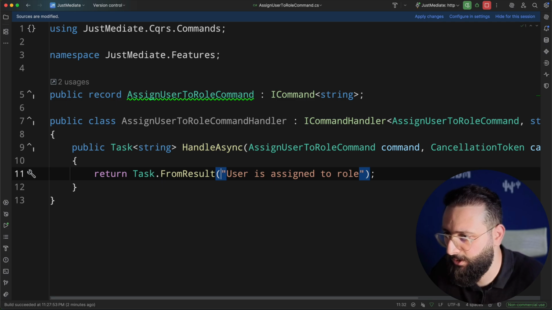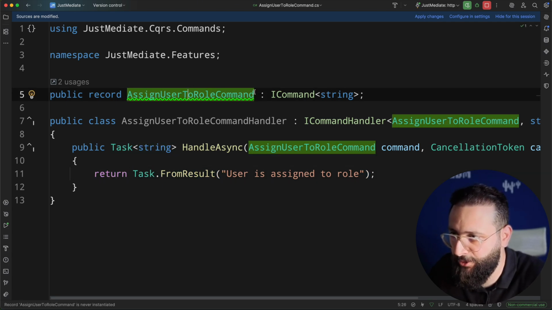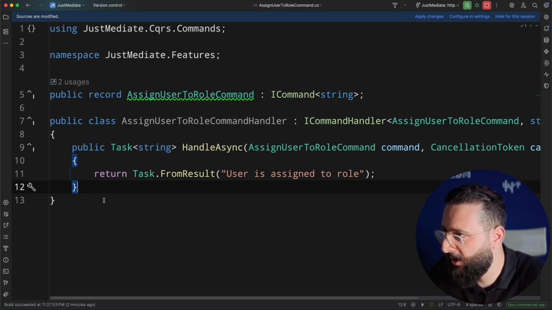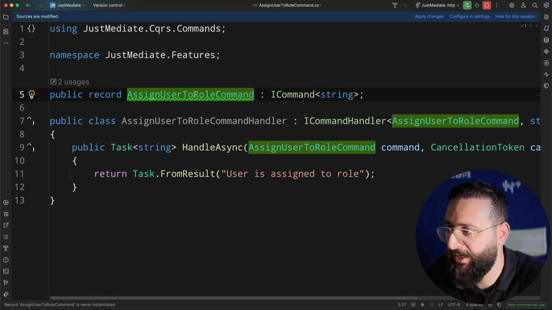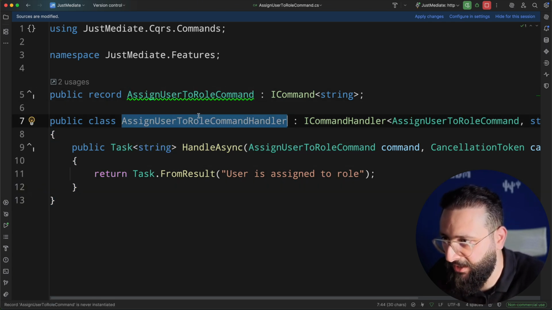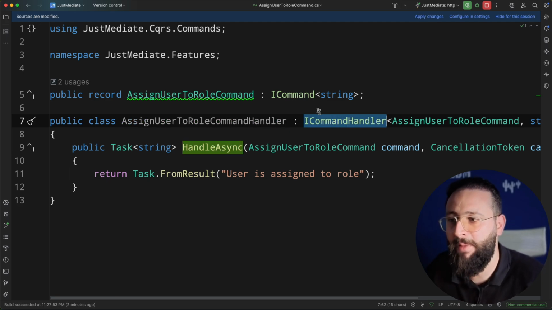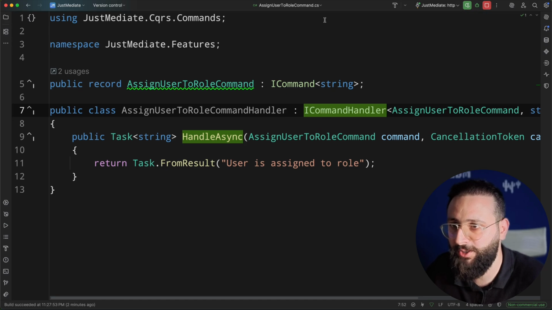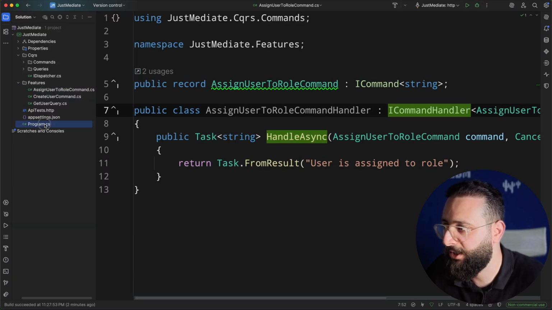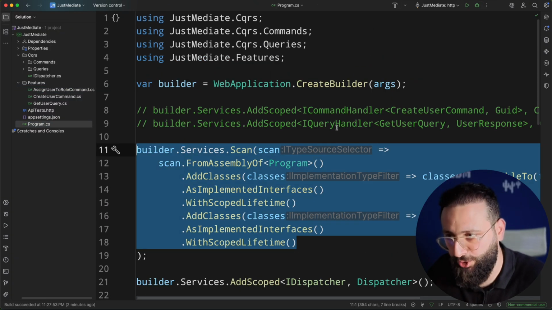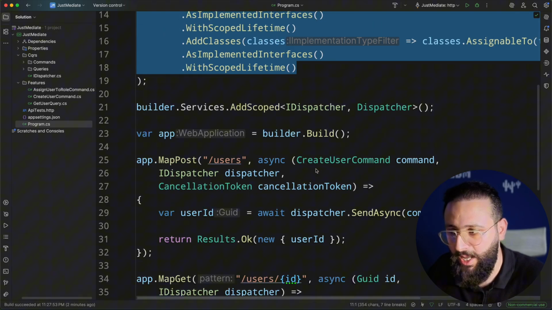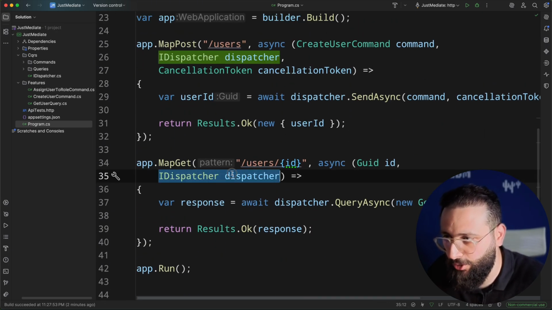Even if the command doesn't have any parameter, it's fine. I want to show you that by creating a command and creating the command handler and implementing the right interfaces, my project will now automatically, using Scrutor, register the new command handler,